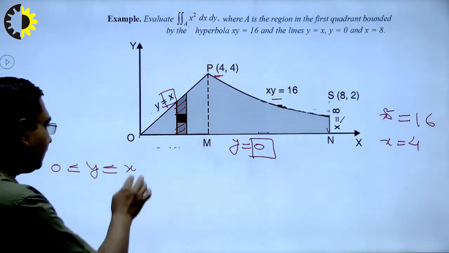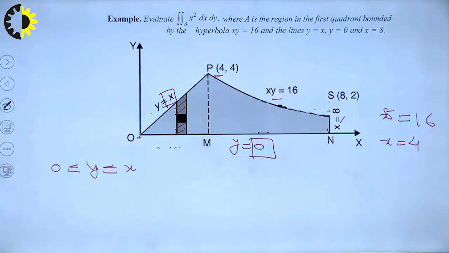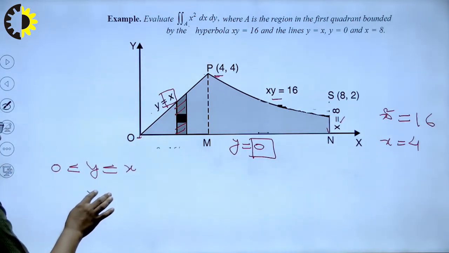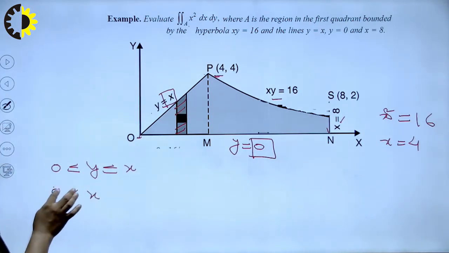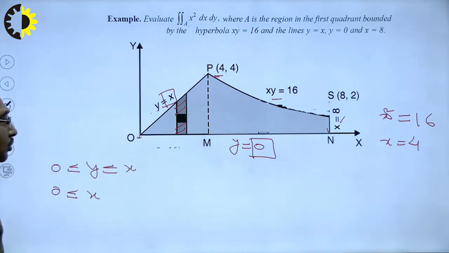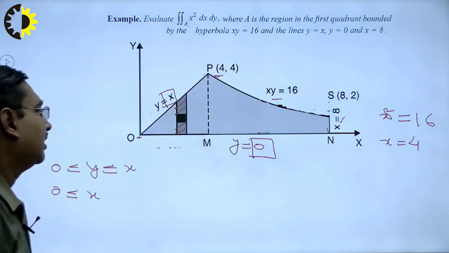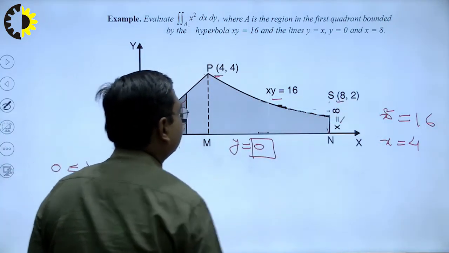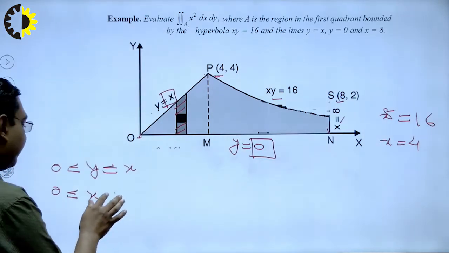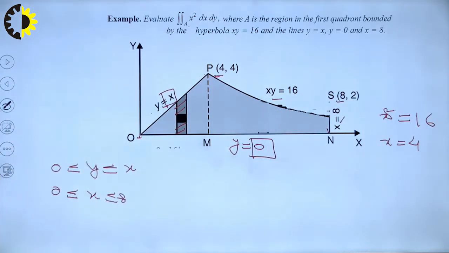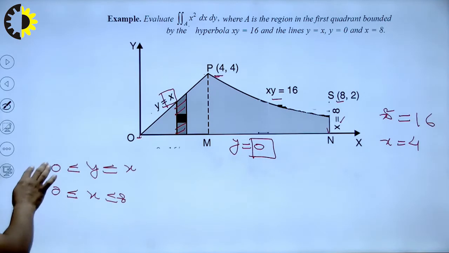Now the leftmost corner of our region is the origin, so the value of x at this corner is 0. It will be the lower limit of x. The rightmost extreme point has x value 8, therefore the upper limit of x will be 8. So it looks like these are the limits of our double integral. But